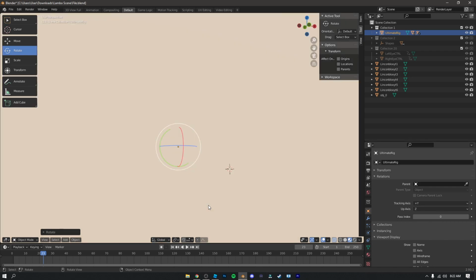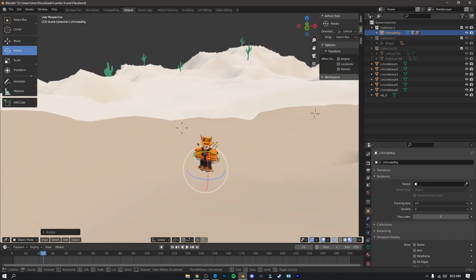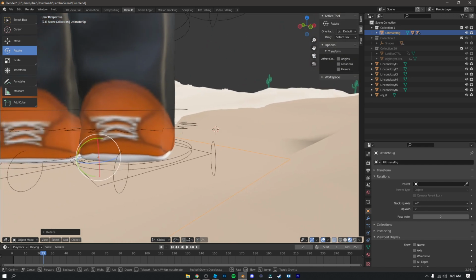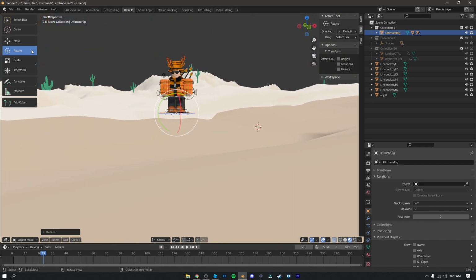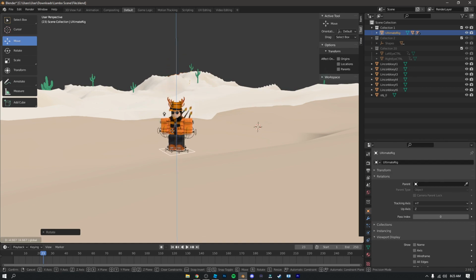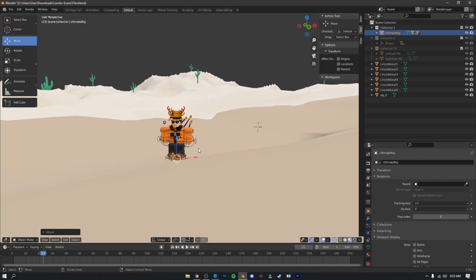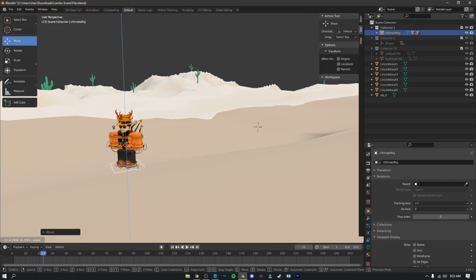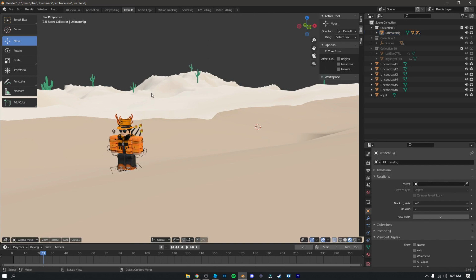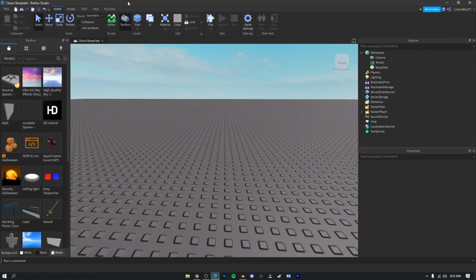But now that we've done that, we are going to import our Lamborghini. So actually, before we do that, make sure your character is on the ground or it won't look good. There won't be any shadows or anything. So make sure it's on the ground. Okay, so my character is on the ground, and now you're going to want to open up Roblox Studio, click